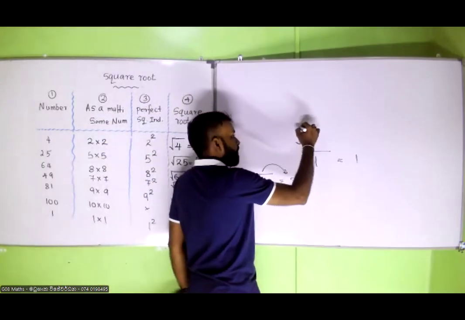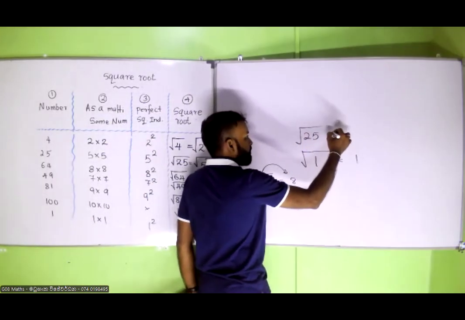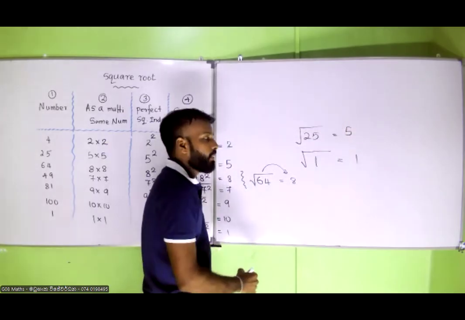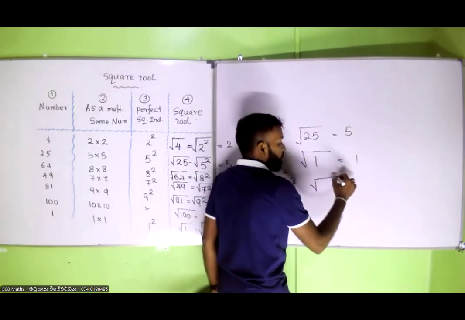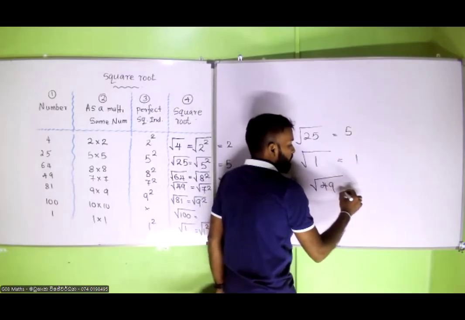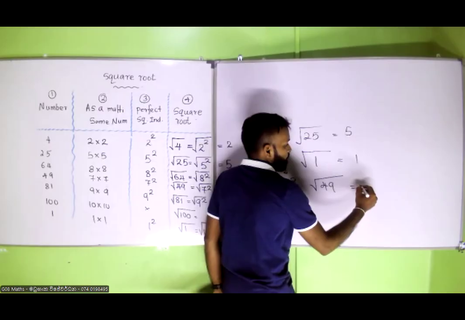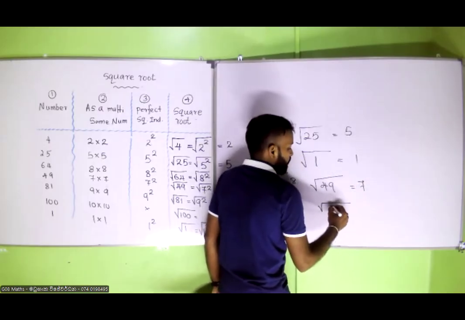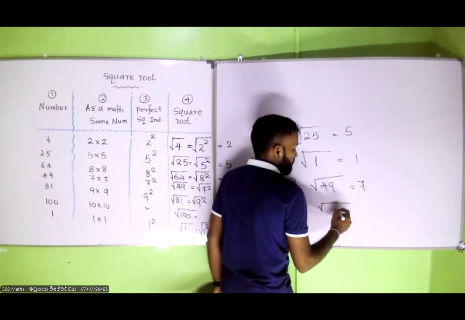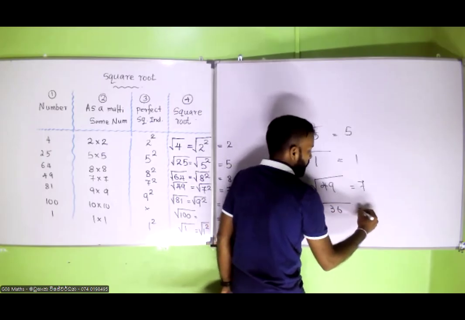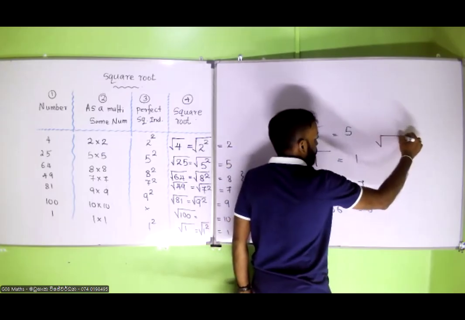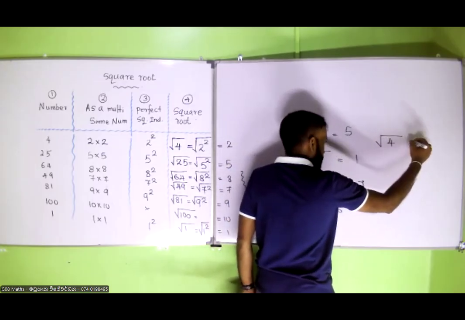Square root of 25 is equal to 5. Square root of 49 is equal to 7. Square root of 36 is equal to 6. Perfect. Square root of 4 is equal to